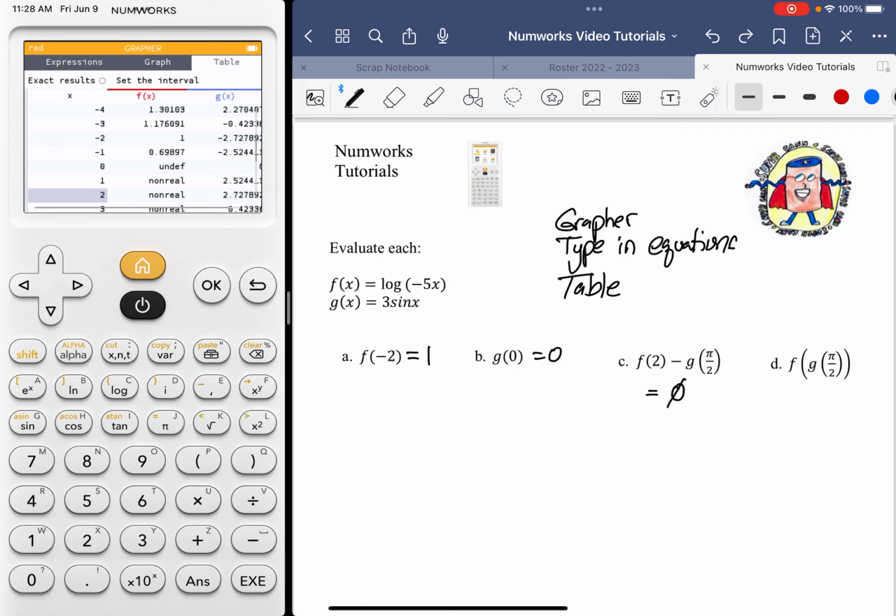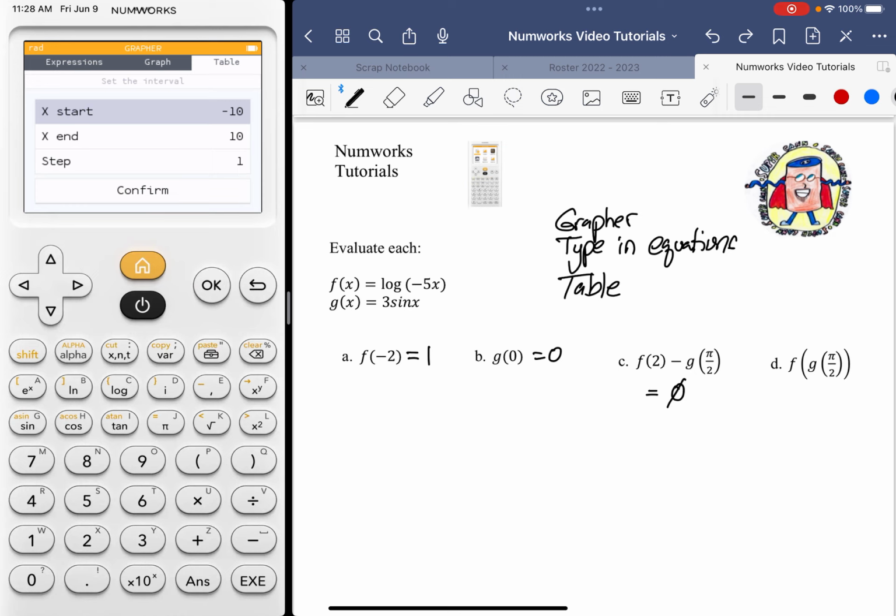All right. Now, for the last one, it works inside out. It's a composite function. So I need to find g of pi over 2 first, then take that result and plug it into f. My scale is not set up for that, but what I can do is set the interval, and let's say we're going to go from 0 to pi instead of 0 to 10, and go in increments of pi over 2 if you want, or pi over 4, pi over 12. It really doesn't make a difference as long as pi over 2 is one of the values. Since we're looking for pi over 2, I'll just use that as my step,